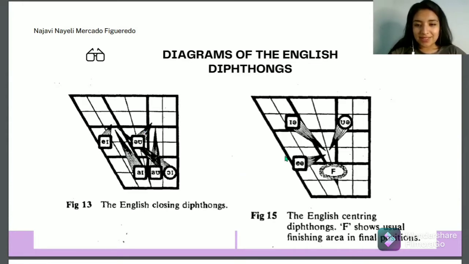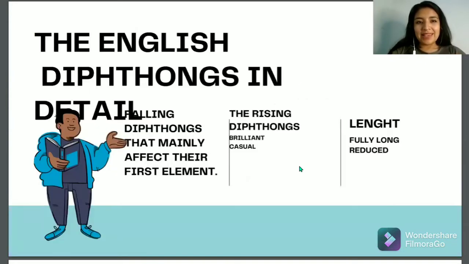In the second diagram, we can see all the centering diphthongs. And also this letter F shows us the usual finishing area of the final position. So in the case of the centering diphthongs, we have ear,